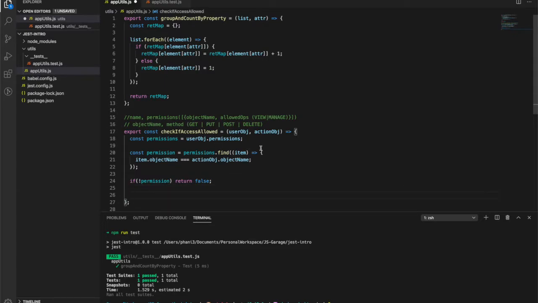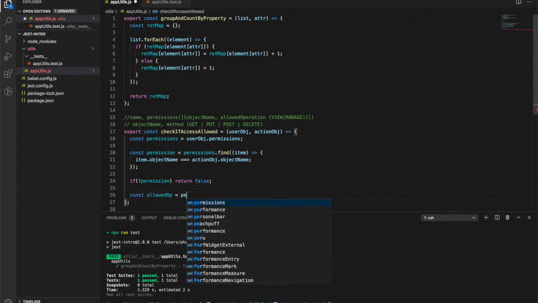So if you see, if a user has allowed operation as manage, he can do any of the operations. So let's check if, okay, let's extract constant allowed op equals to permission dot